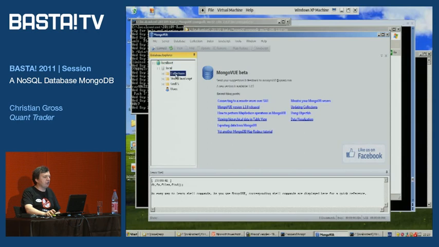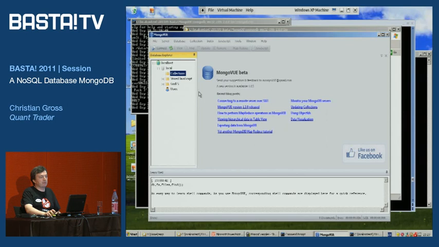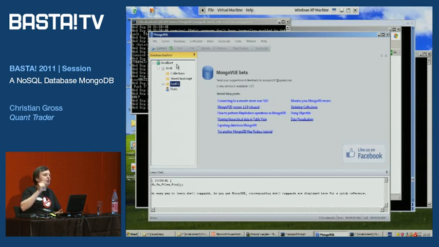For example, here you get a collection. And you're kind of like, well, okay, there's no data. There's also no stored JavaScript. That's basically your server-side stored procedures. And GridFS, that's something I'll get to. But basically, what MongoDB has is the ability to store files on the server.